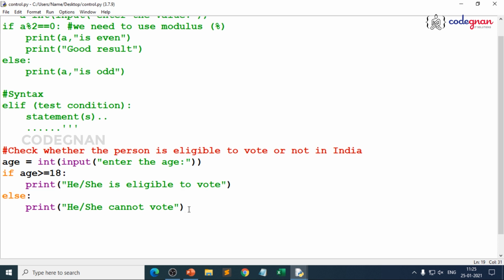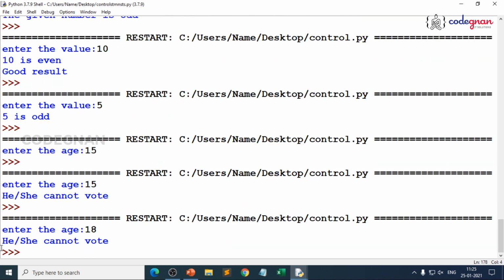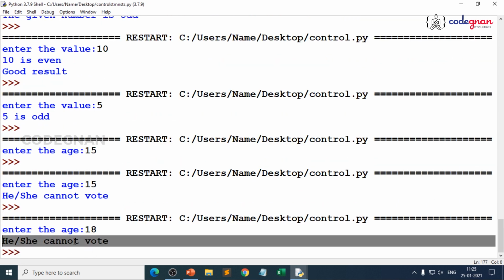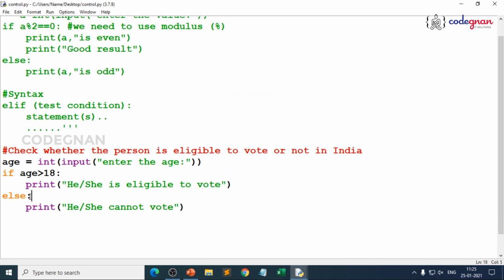Now what I want is, where can I use the elif block? In which cases can I use it? Because if you have multiple conditions, where the programmer wants to test some multiple conditions and execute those conditions one by one. So now if I remove equal to here, what happens? You execute it, and if I enter 18, what happens over there? You are executing the else block, because the greater condition is not satisfied and the less than condition is not satisfied. There is no equal to condition.